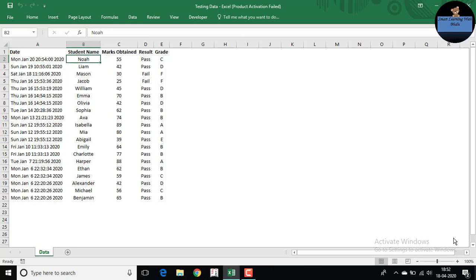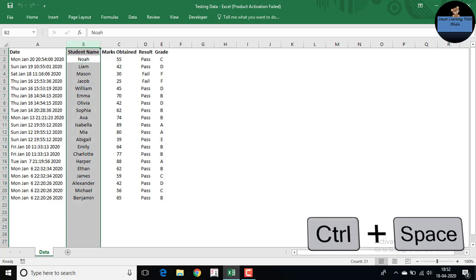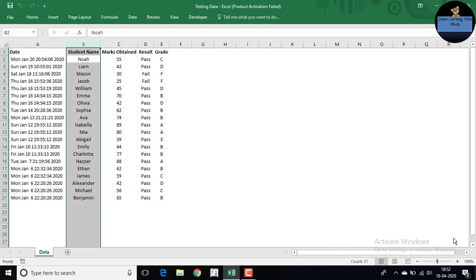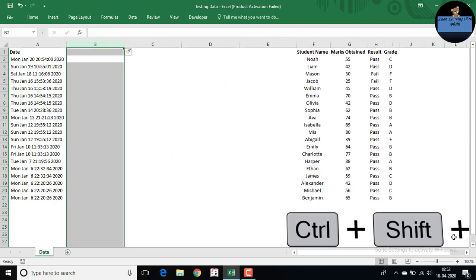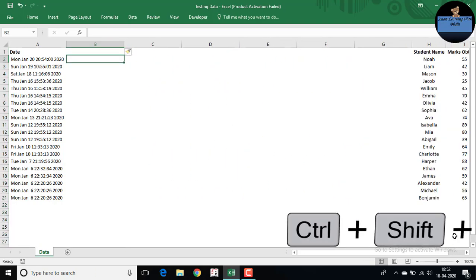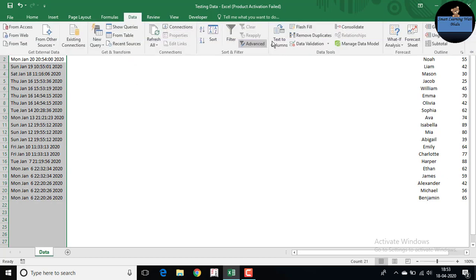So what you have to do is press Ctrl and Space to select all this, then Ctrl Shift and plus. Always make sure that you keep some space, depending on your data, so that makes it 5. I'm leaving 5 to 6 columns of space at most here. So once I'm done with this, I'll select this, go to Data, then go to Text to Columns,